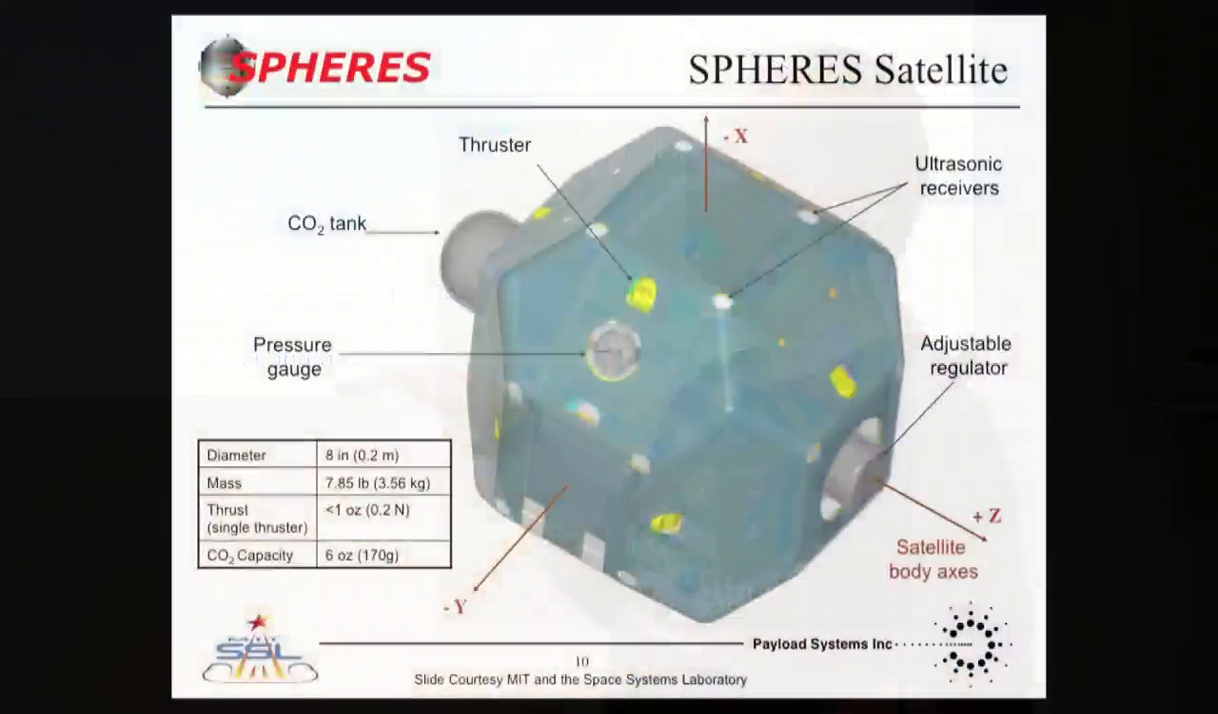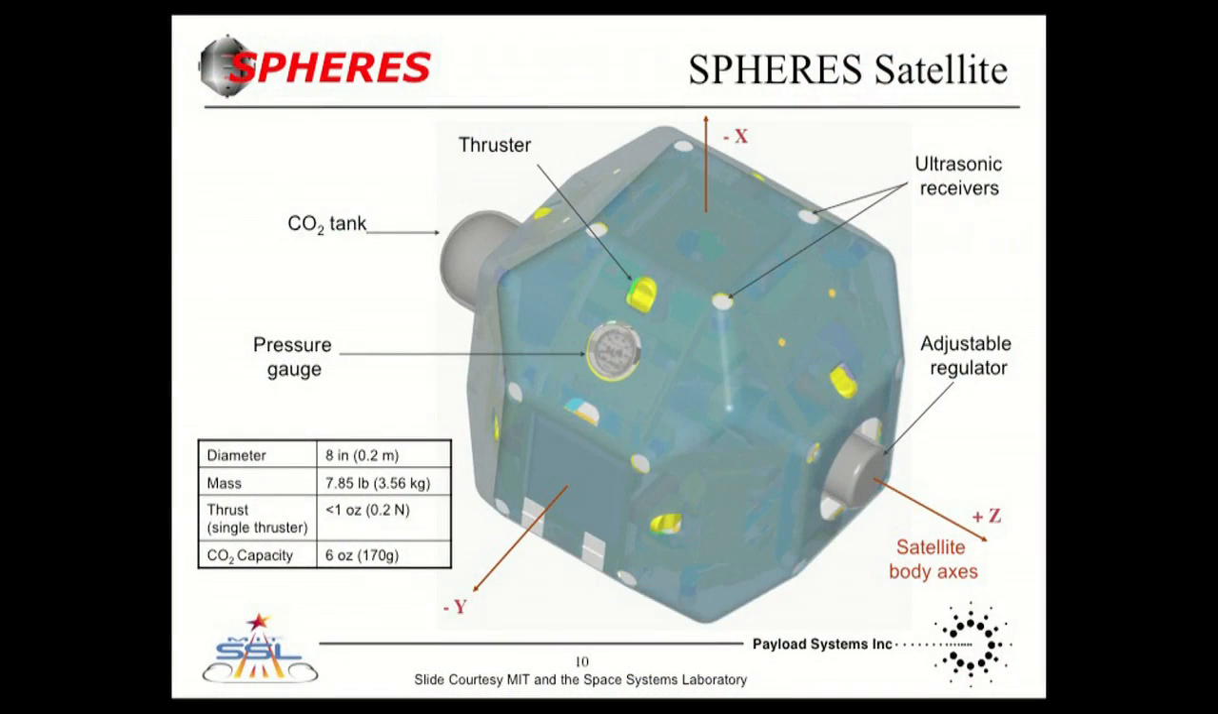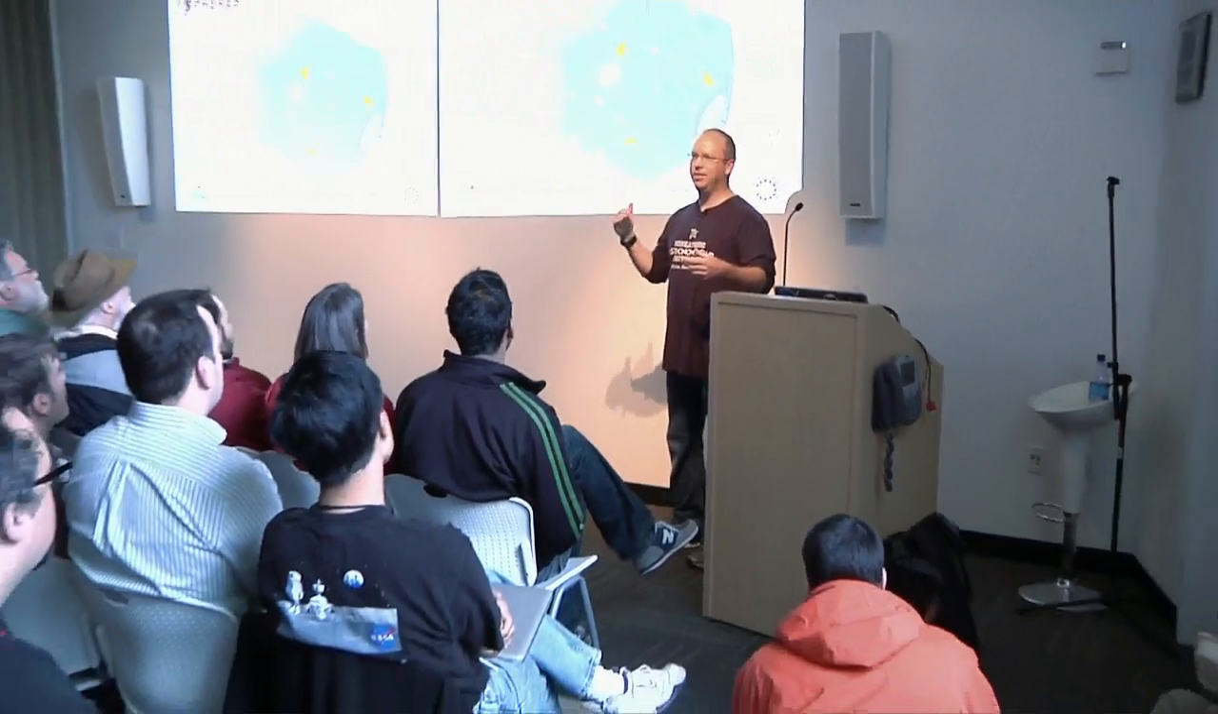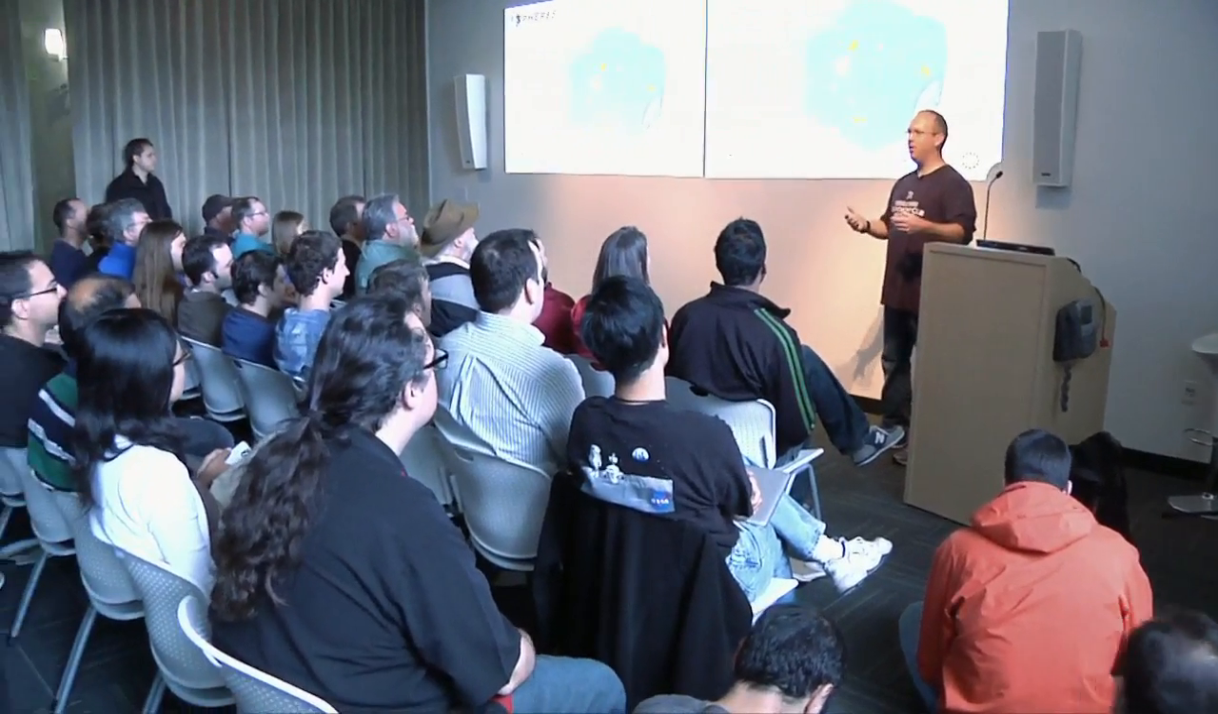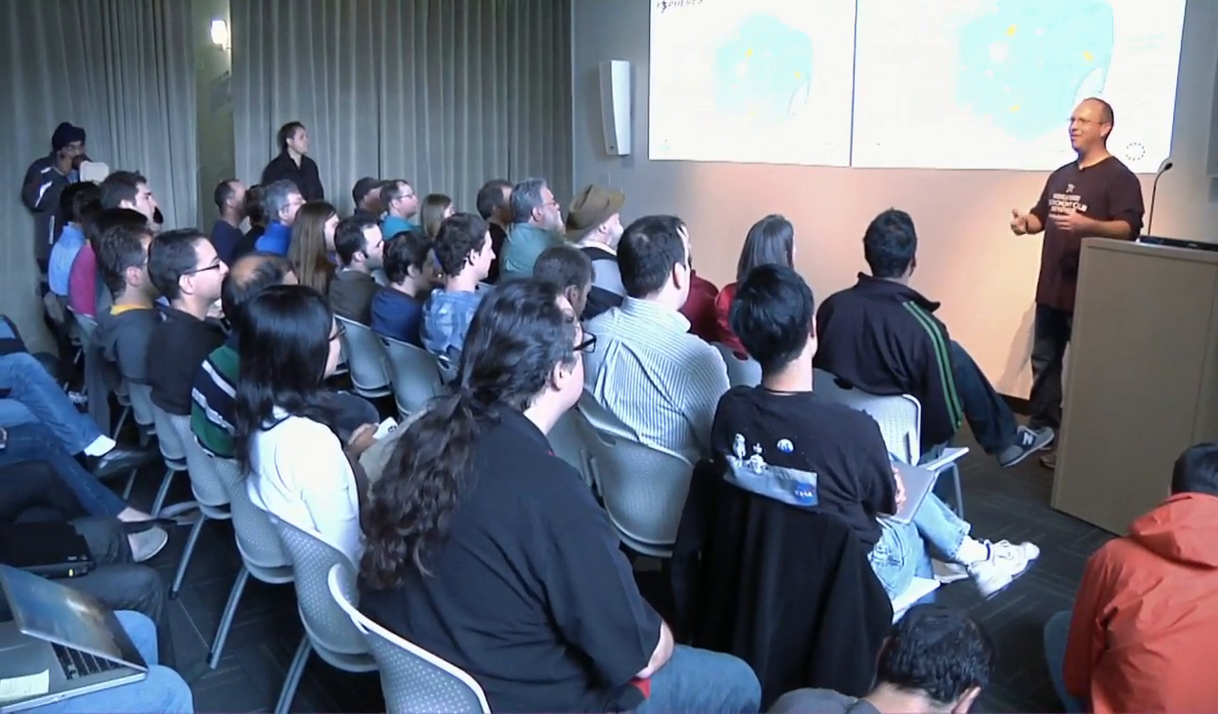Just briefly diving into some of the semantics here. The way the SPHERES work is there's a CO2 tank that plugs into the bottom of it. This is a CO2 tank exactly like what you would use on paintball guns. In fact, whenever our CO2 bottles get low, we've had situations where we didn't have resupply, and we actually will go to Sports Authority and have them refill our